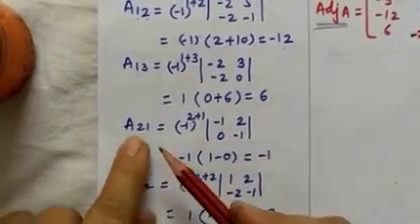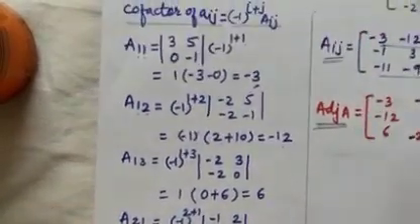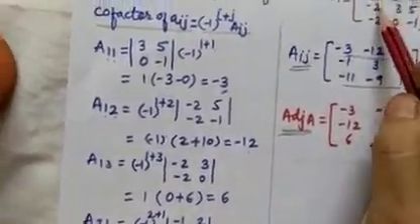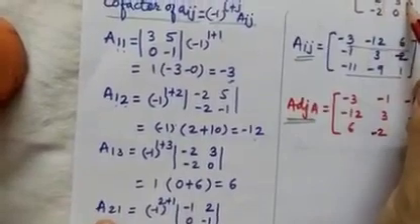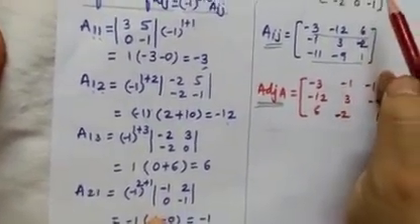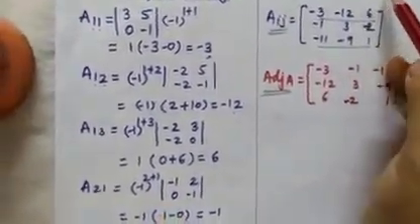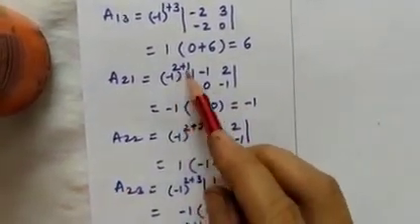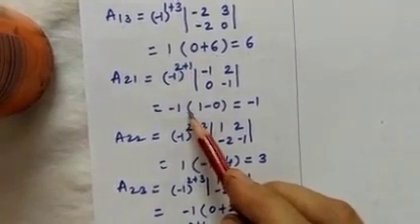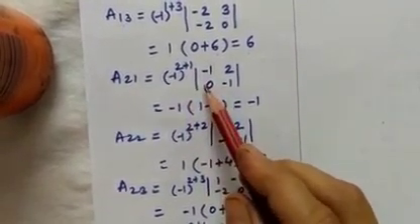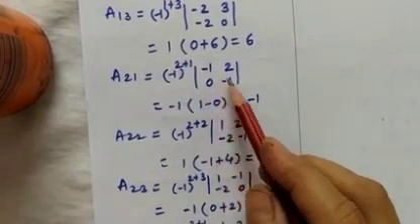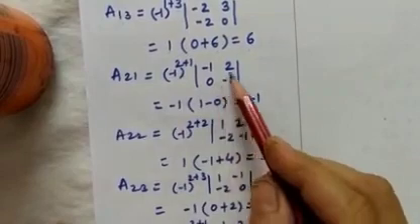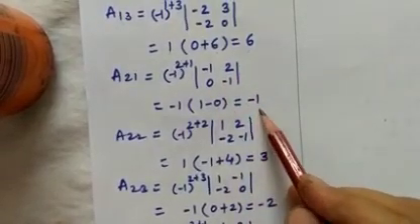Here it is the element A21. See the position A21, where it is, this one. Strike off this column, strike off this row. The elements we will get are -1, 2 and 0, -1. Here the elements are written. Again (-1) raised to i plus j, the same operation is carried out. Now multiply and simplify this determinant: -1 into -1 is 1, minus 0 into 2, and therefore it is -1.